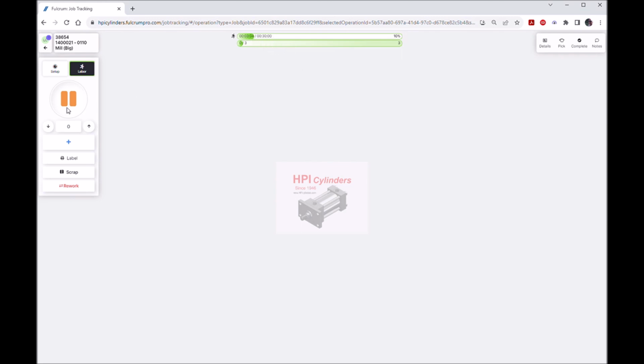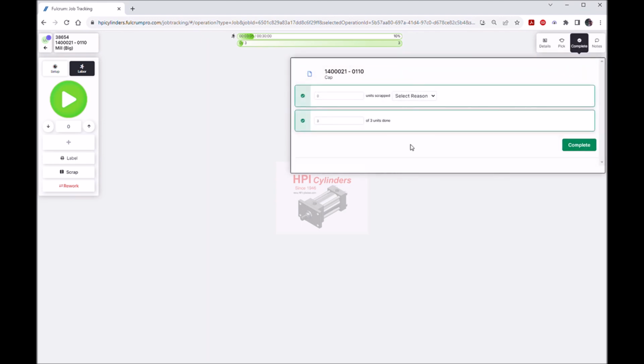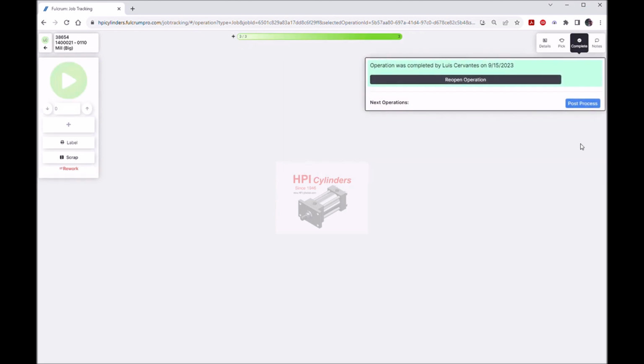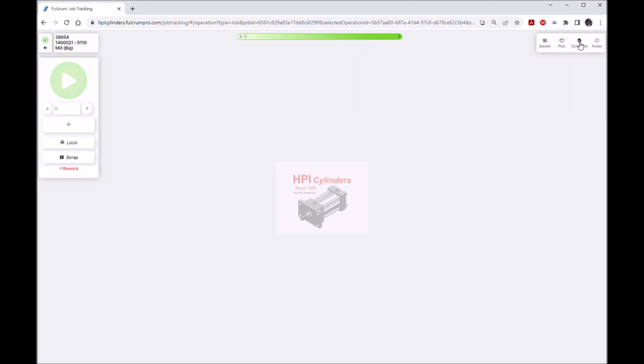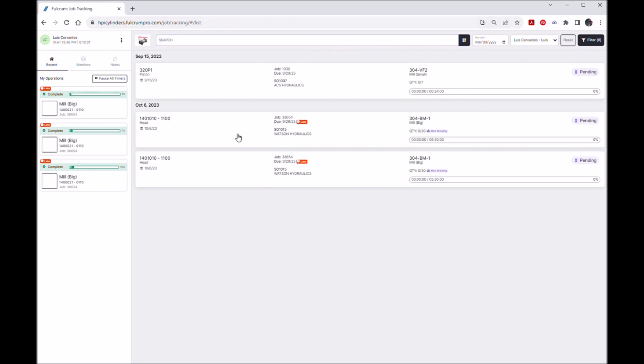So, turn pick off. We've been progressing here, machining the parts, and we're going to imagine that we've had enough time to do all 3. We pause the timer. We click complete. This says 3 units done out of 3 units. Now the next process is post-process, which is not something Luis is going to do. So he's not going to open this process. He's just going to close the complete box, and then he's going to go up here where he sees his initials, and he's going to click the back button,